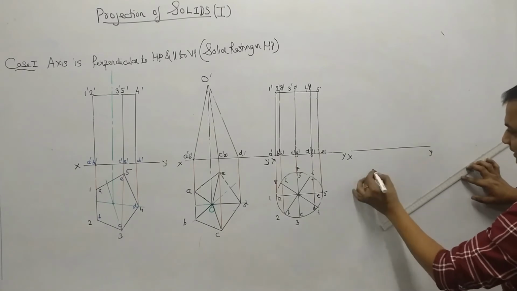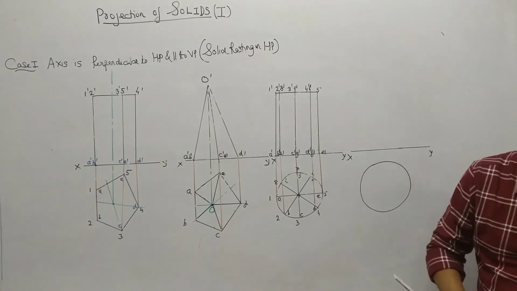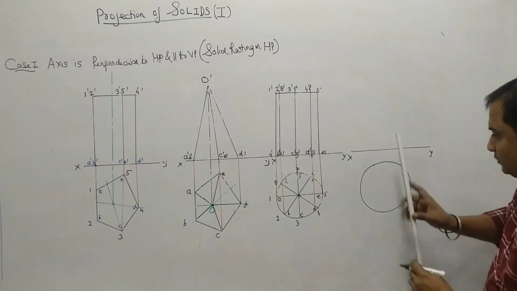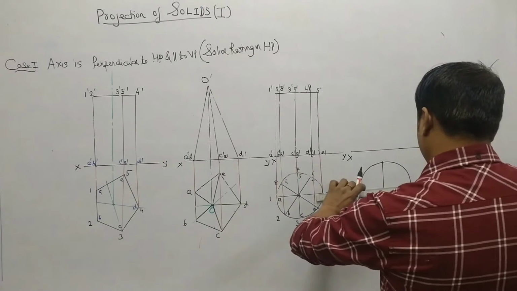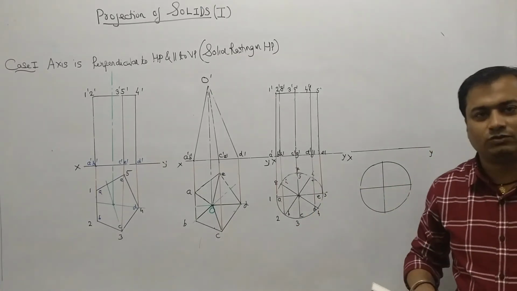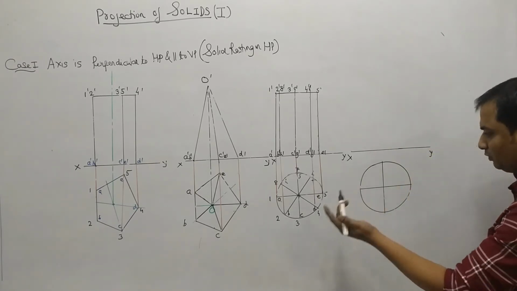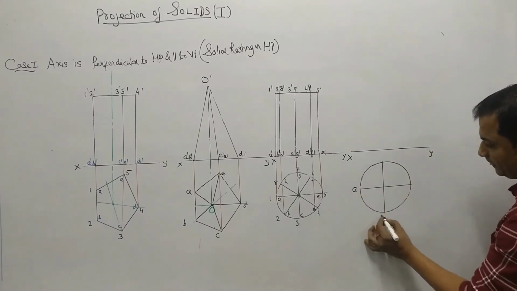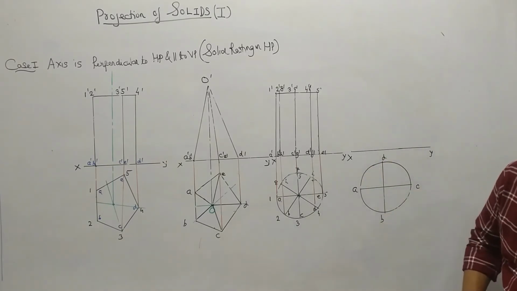the top view will be a circle. So suppose this is my circle. Now I will not be dividing it into 8 equal parts, I will just divide it into 4 equal parts. Naming: here only single naming is required because at the base there will be a circle and at the top there will be a vertex, so no need of double naming. Suppose this is A, this is B, C, and this is D, and the front view will be a triangle.